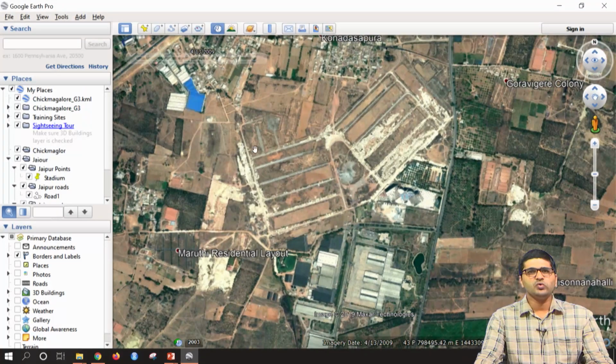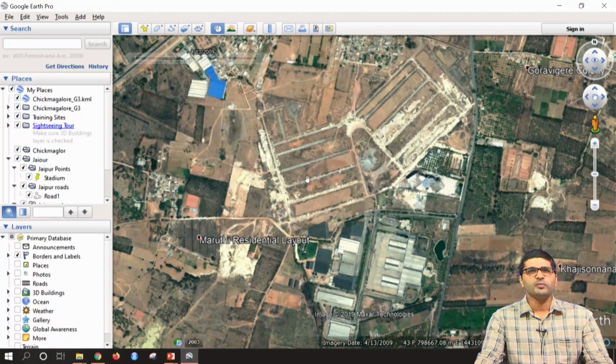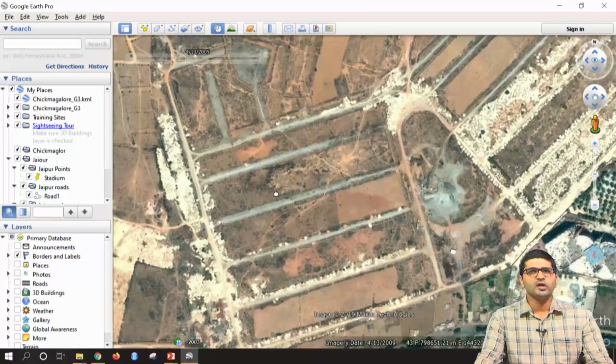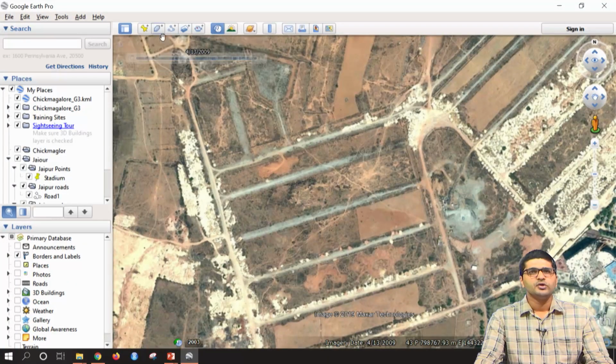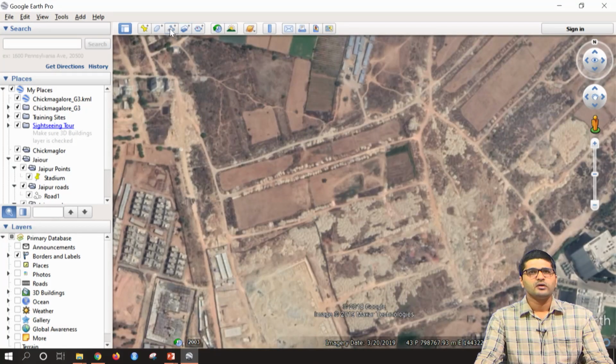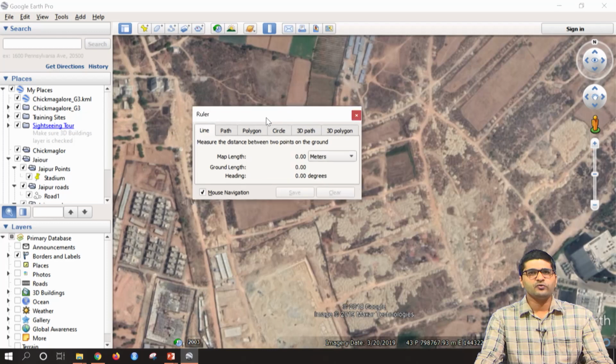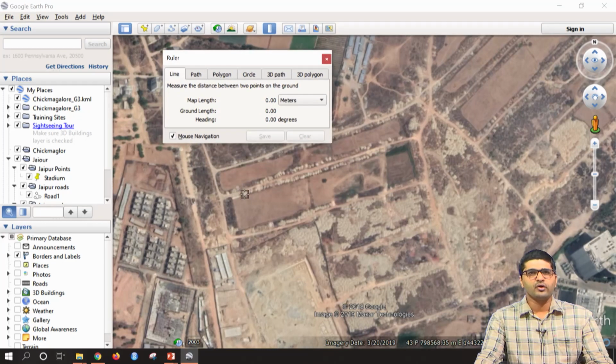Let us try to measure using Google Earth. How to measure a feature? For example, if you want to measure this particular road length, how do you do that? There is a tool for measuring. I will switch off the timeline, and there is a tool here, show ruler. It gives the option of measuring a path, line or polygon.